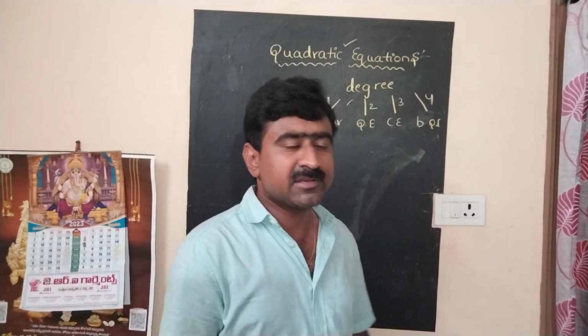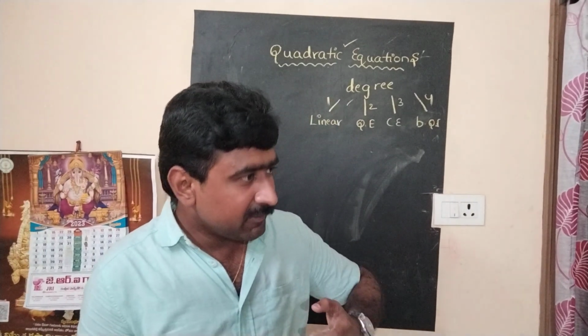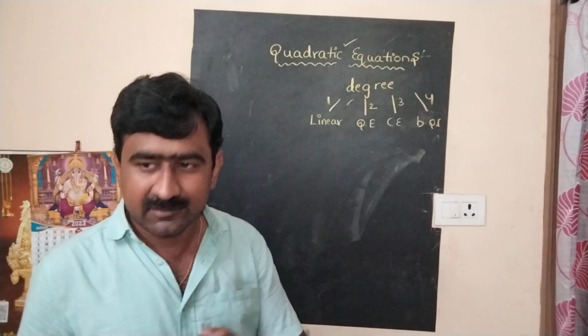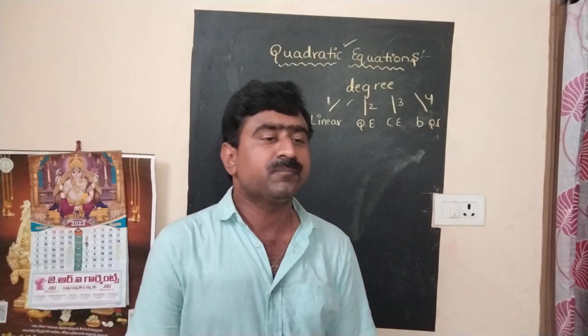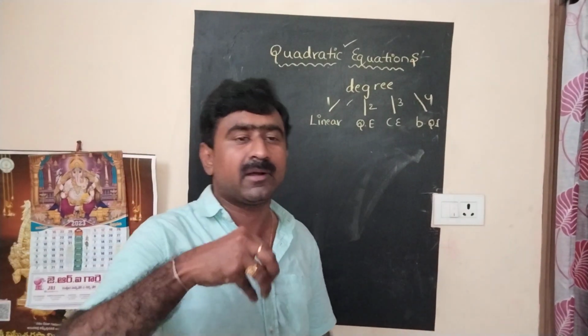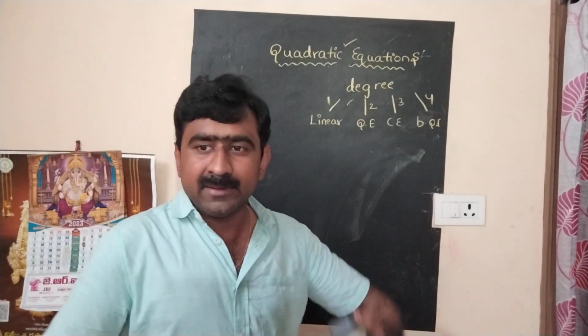So the basic introduction to the quadratic equation is that, basing on the degree, we can differentiate the equations. If the degree of the equation is 1, we call it a linear equation, if the degree is 2, a quadratic equation, if the degree is 3, a cubic equation, and finally if the degree is 4, we say it is a biquadratic equation. And finally right now we are going to discuss the general format of a quadratic equation. So what would be the general format?